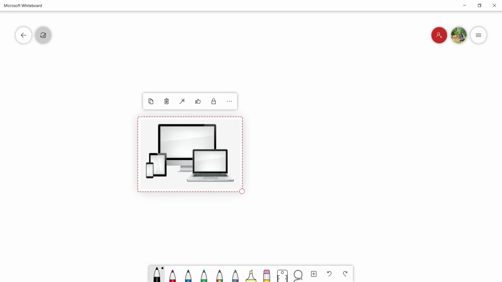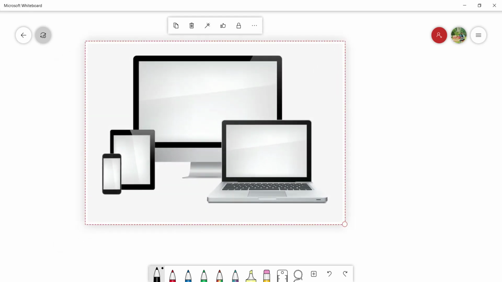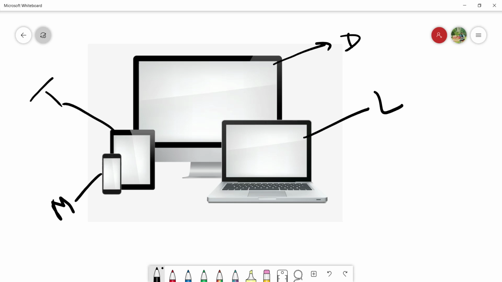I have this image, which shows four devices: desktop, laptop, tablet and mobile. In this case the 100% will be, suppose this is 15-inch, so 100% will be 15-inch.